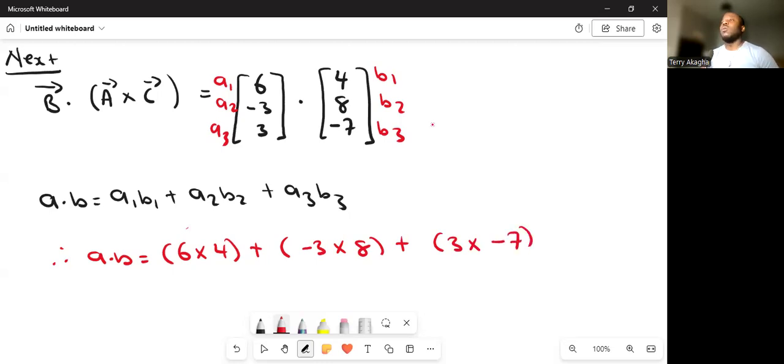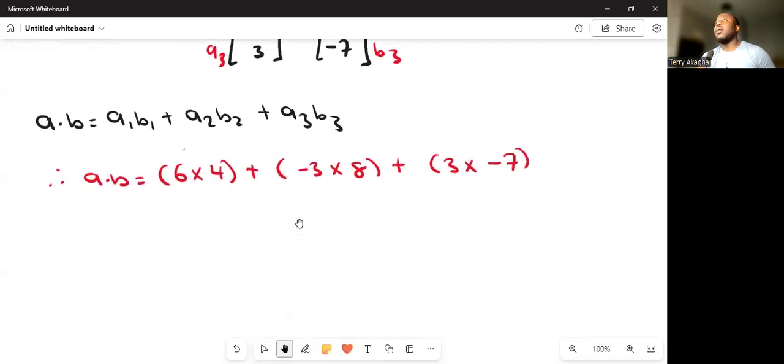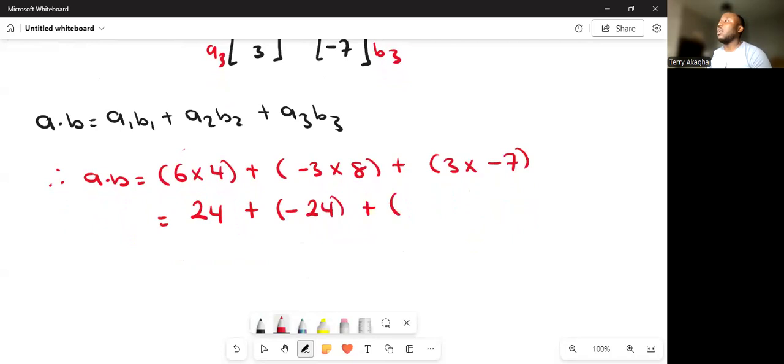Now you solve this. 6 times 4 is 24, plus minus 24, plus 3 times 7 gives you minus 21. Plus times minus gives you minus, so it's 24 minus 24 minus 21. 24 minus 24 gives you 0,